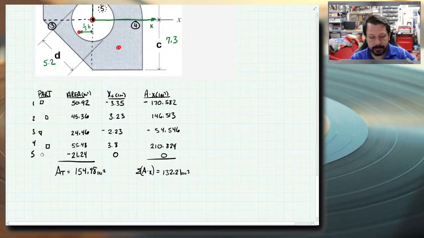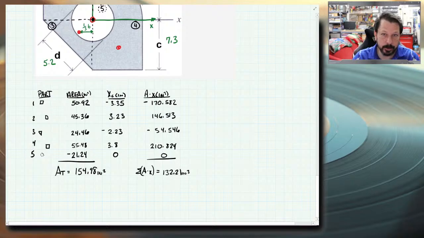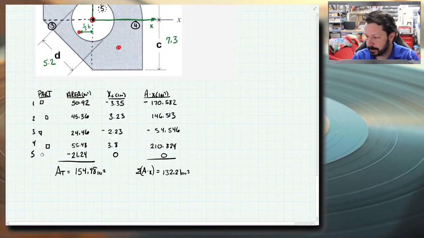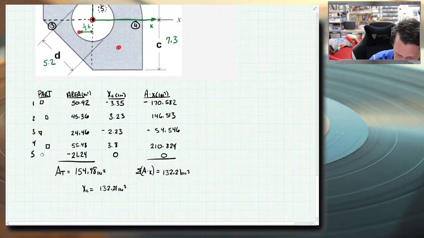It's also possible that this summation comes out as a negative number, which just means that the centroid is to the left of wherever you put your reference y-axis. So we should be able to do x sub c equals 132.21 inches cubed over 154.98 inches squared equals